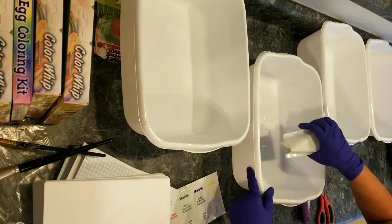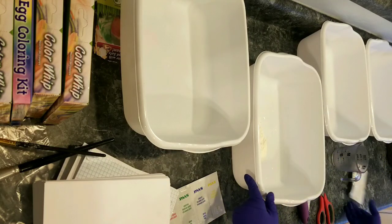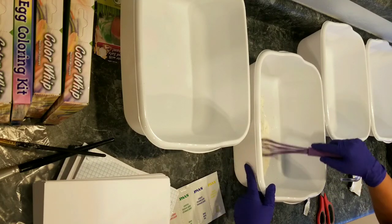I found that while mixing the foam, yeah, here you can see me talking about my two separate whisks. The purple craptastic one, yeah, that's the one for crafting. Anyway,